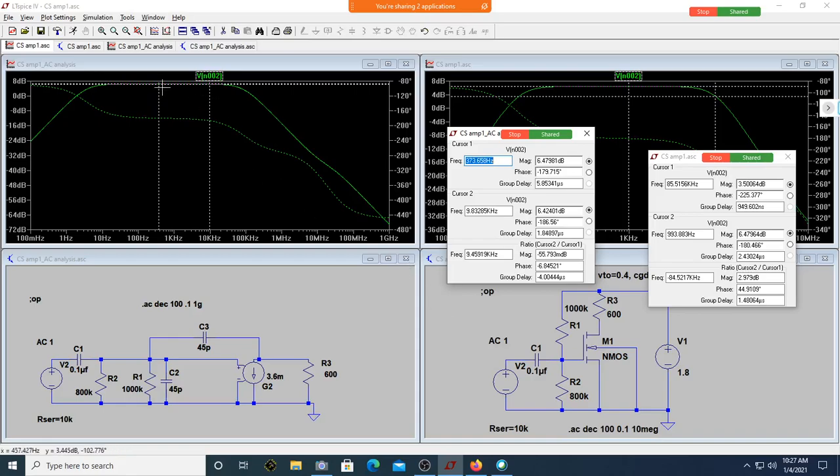So this is about the DC gain, the midband gain. Let us find the bandwidth. Bandwidth is how much? It was found that it is around 85.5 kilohertz. Let me move this so that it is 3 dB down. Just have a look at this 3 dB. Okay, I'm just coming down close to it.